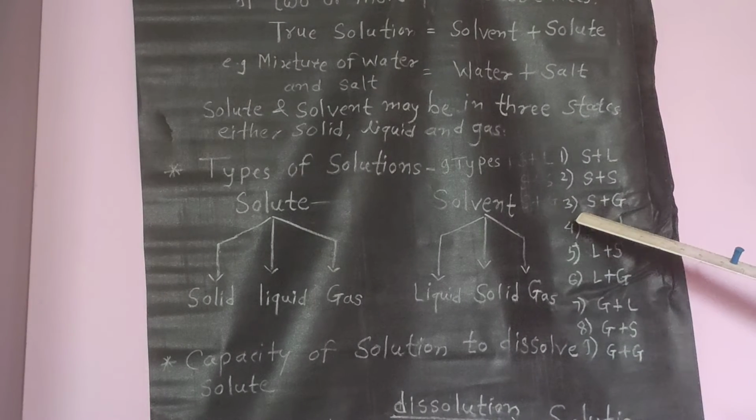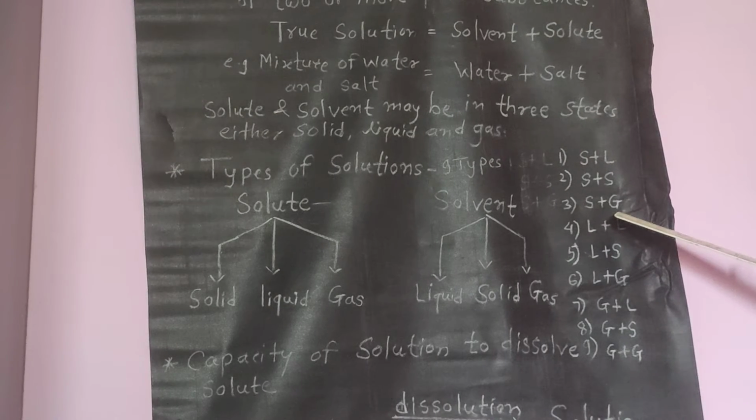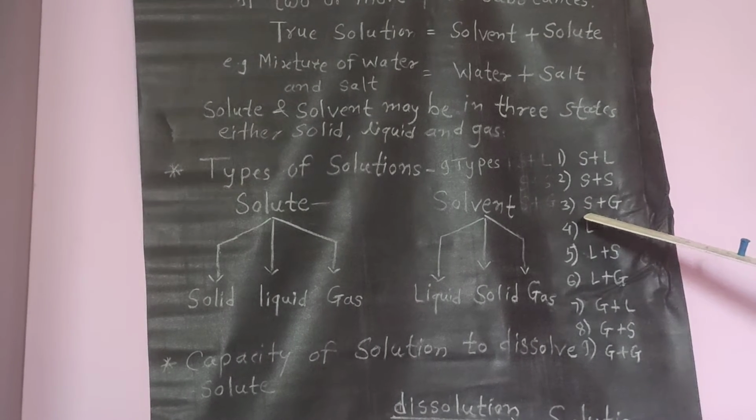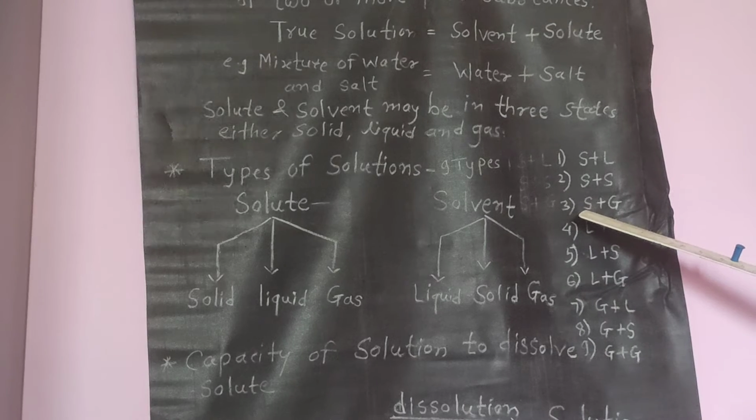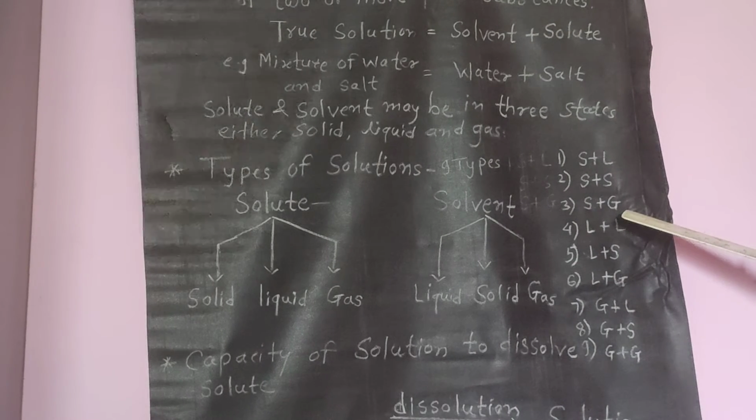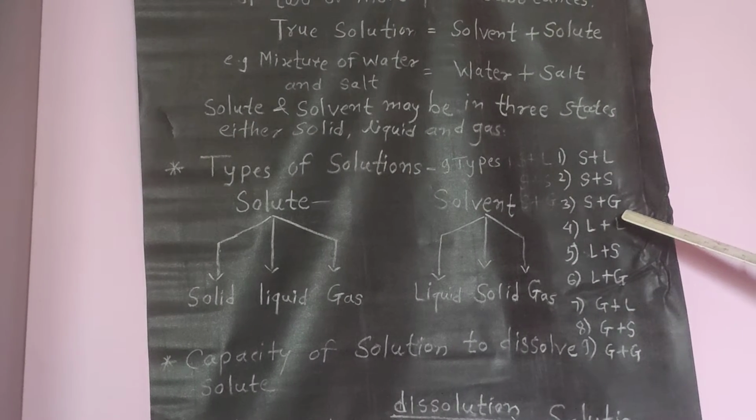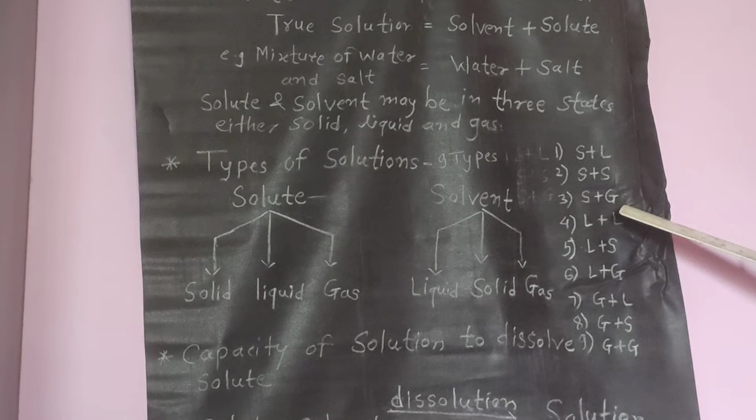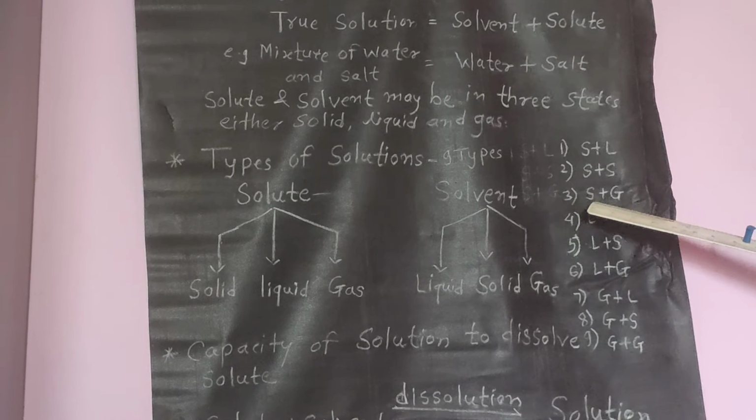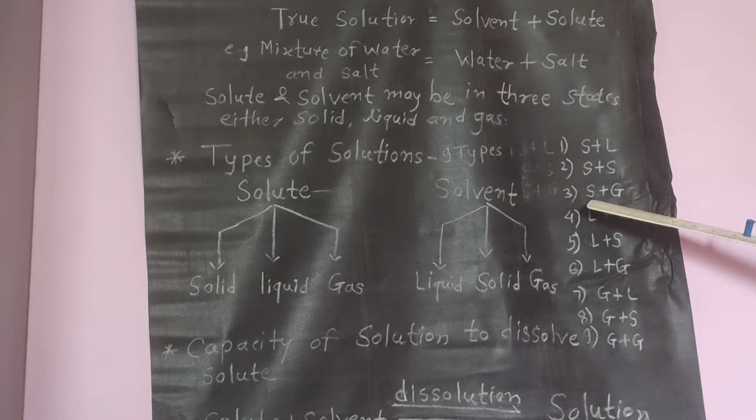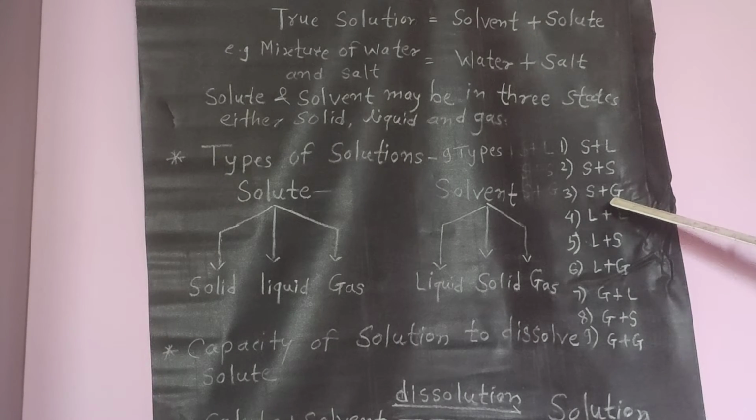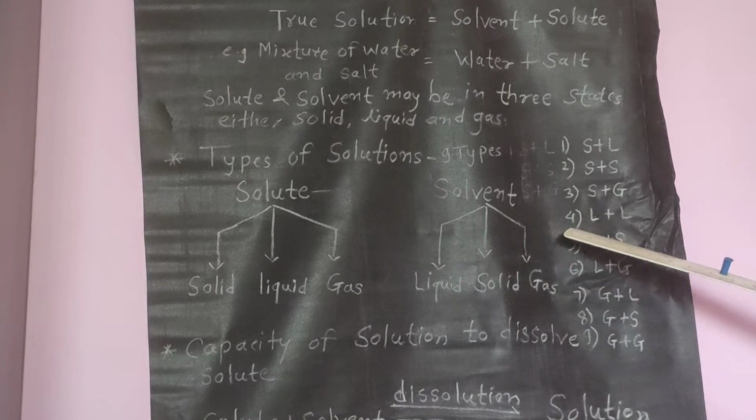Third is the solid and gaseous state. In this the solute is in solid state and solvent is in gaseous state. For example, iodine in air. Iodine is in solid state and air is gaseous state. Fourth example is